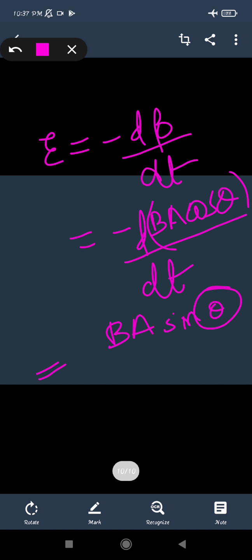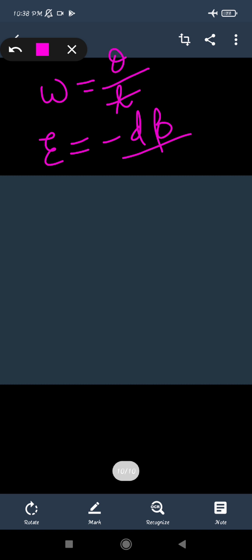But here in place of theta, what we can write is this: if the coil is rotating with an angular velocity omega, because we are taking a rotating coil, then the value of theta is taken as omega. Omega is the rate of change of theta with time, that is angular displacement upon time, so theta's value will be omega into t. On keeping this value, phi will be BA cos omega t. On putting this value in d phi by dt, the induced EMF can be found.